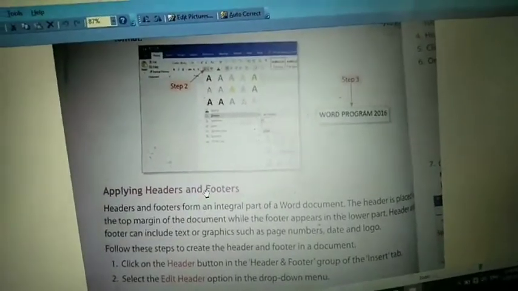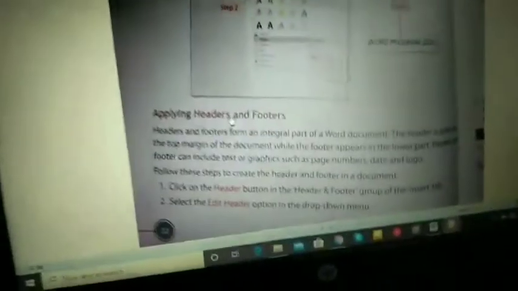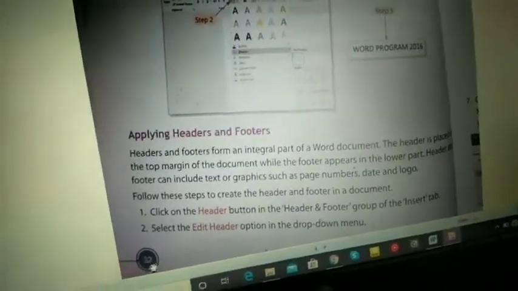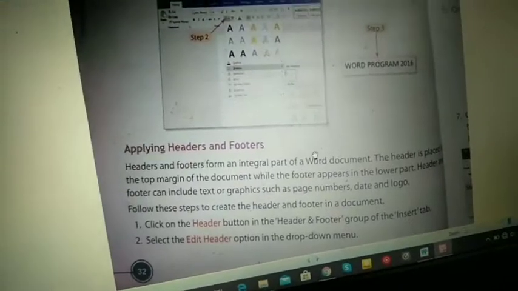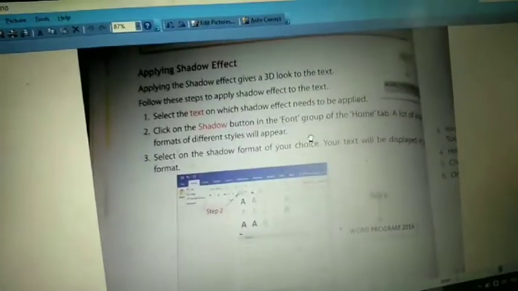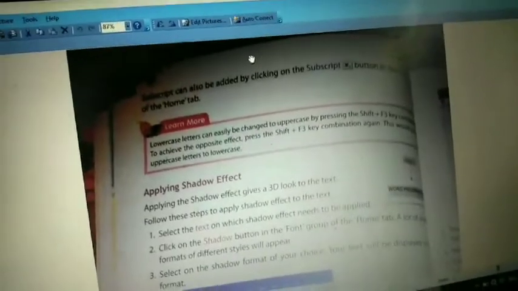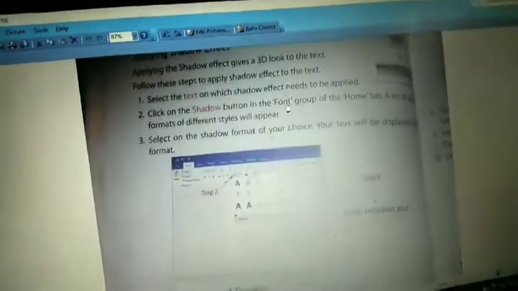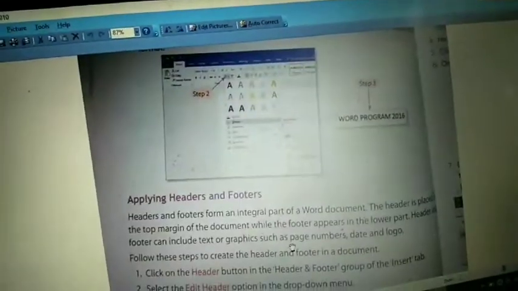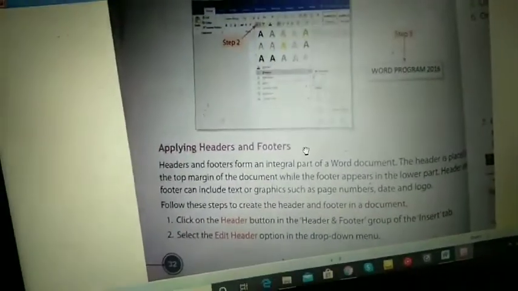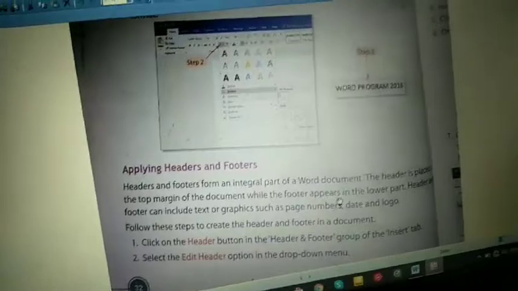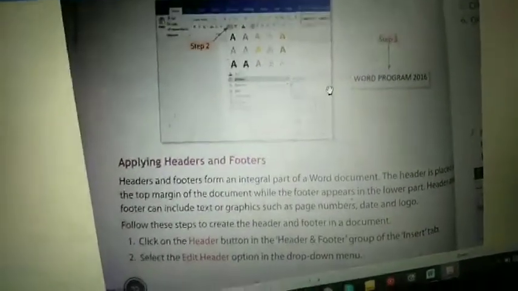Headers and footers. So this is your book page. In the bottom you can see the page numbers like that. Some books will have the page number at the top, somewhere in the corner, or in the center, or right side, left side, anywhere. And in some books, some pages, the page number will be at the bottom, in the center, or in the corner, anywhere. Not only page numbers, pictures can be at the bottom too.